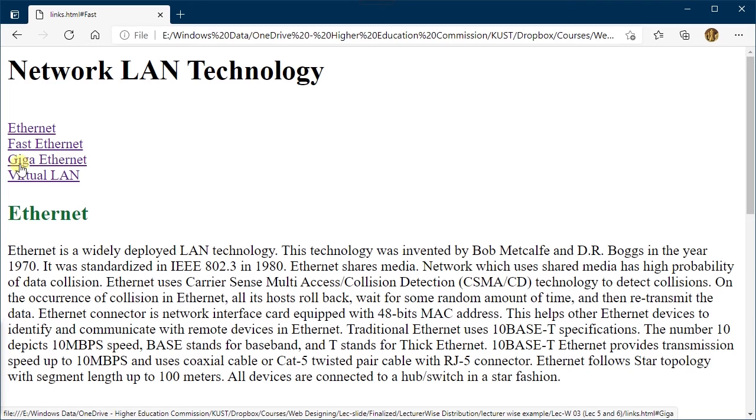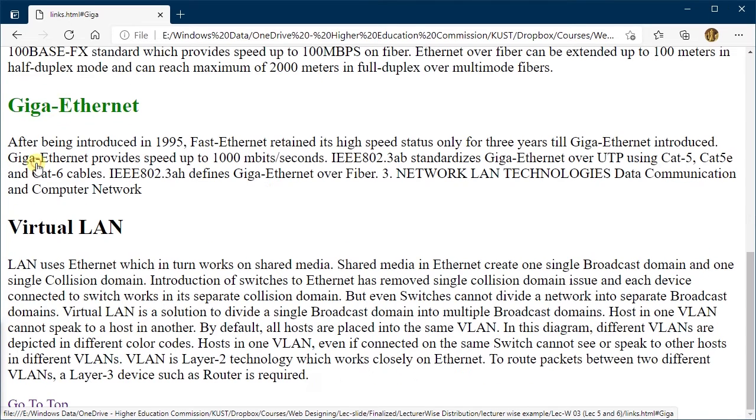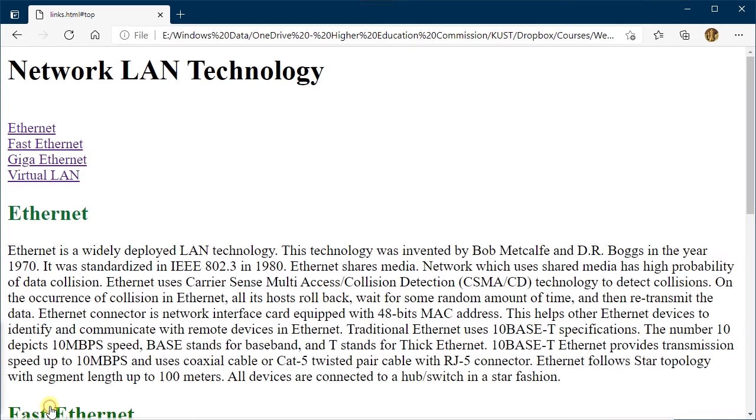For example, I want to move to the section Giga Ethernet, so I will press this one. Now I want to move to the top, so I will click this one, the go to top option. Similarly, click these links to move to the required section.